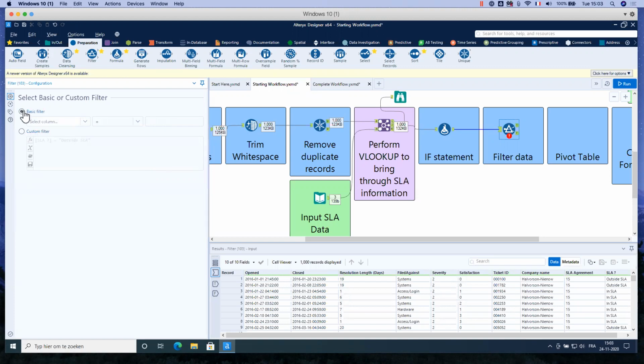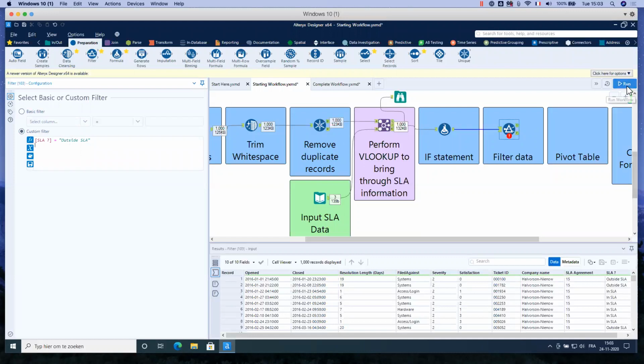When I go back to the basic filter, I lose it, so I will just keep the custom filter because it's still the same. When you create a basic filter and hit custom filter, it transforms it into a calculation, but it's the same as the basic filter.